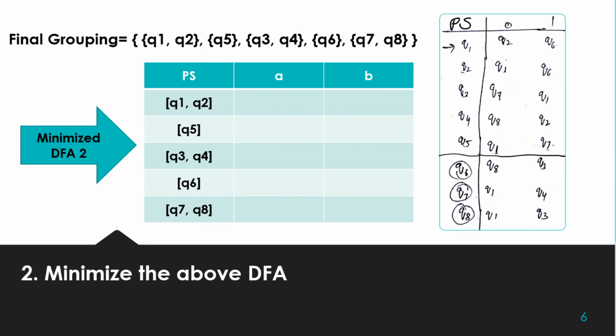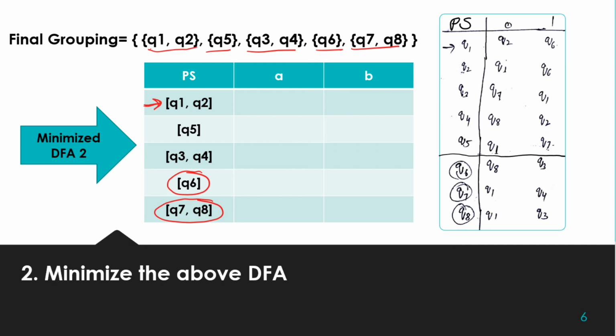So this is our first state, this is second state, third state, fourth state, and the fifth state as Q7, Q8. So let's start the transition. Let's complete the transition table, as Q1 is part of this set. So this will be our initial state, and the final states were Q6, Q7, Q8. So all the sets comprising the final state will be the final states of the minimized DFA. So this and this, these are the final states for the minimized DFA.